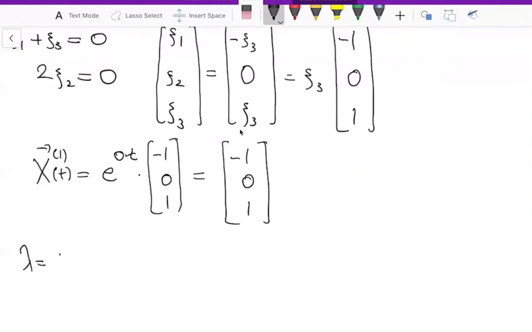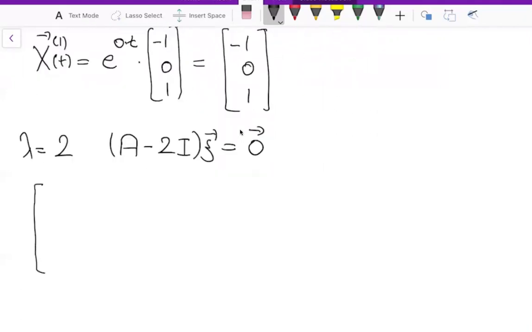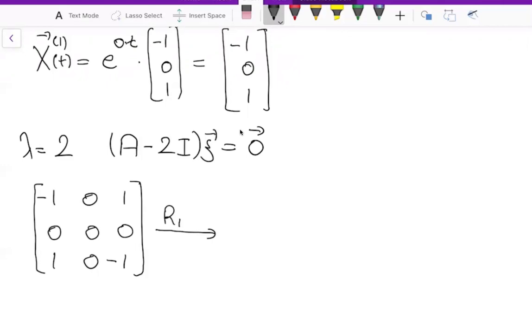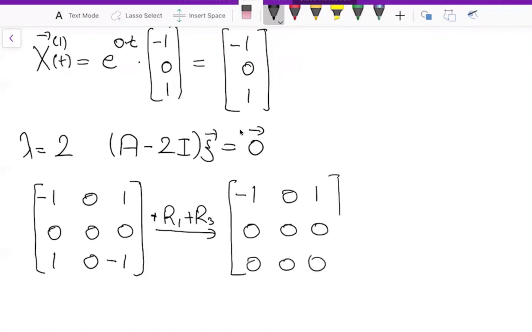Now, lambda is equal to 2, so I need to solve A minus 2I times c equal to 0. This time, again, I'm subtracting 2 from diagonal entries, so I get minus 1, 0, 1, 0, 0, 0, 1, 0, minus 1. Again, I didn't write the 0 since it's homogeneous. If you do the following row reduction, just take the first row and add it to the third row, we get minus 1, 0, 1, 0, 0, 0, 0, 0, 0,